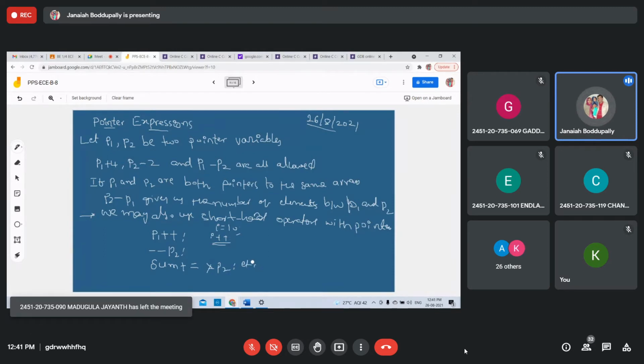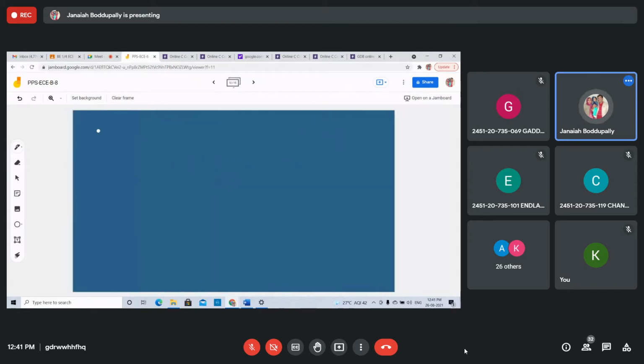In addition to the arithmetic operations, pointers can also be compared using the relational operators. We discussed relational operators, bitwise operators, arithmetic operators, in the different types of operators. I gave the question in the first intern also. You can use the same operators on pointers. I'll execute the program for this.